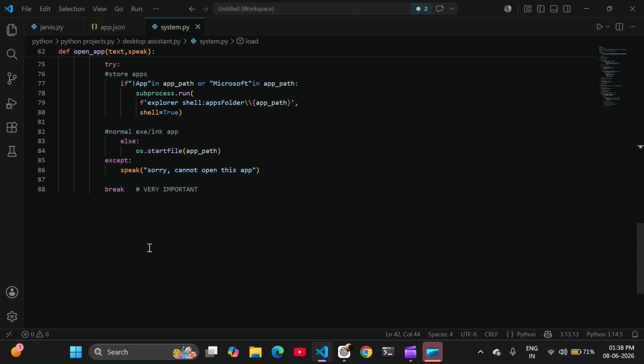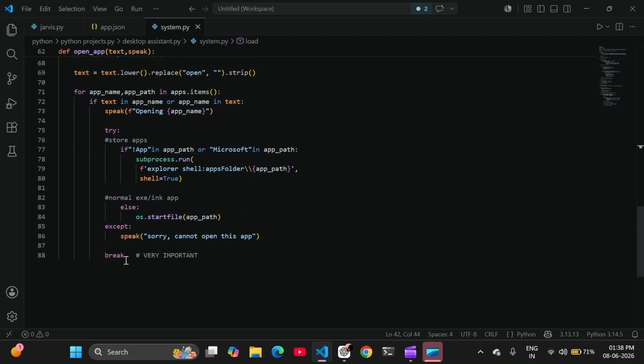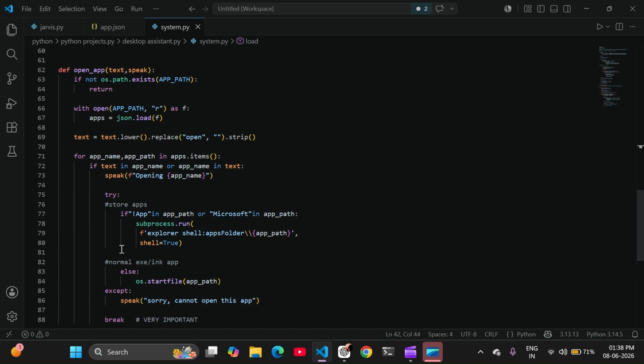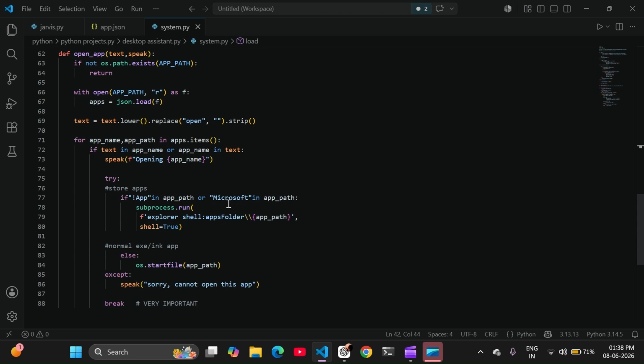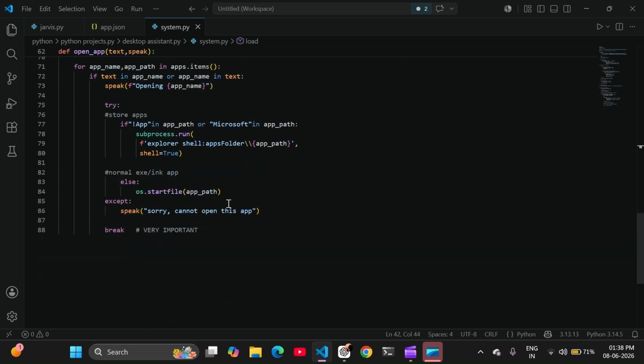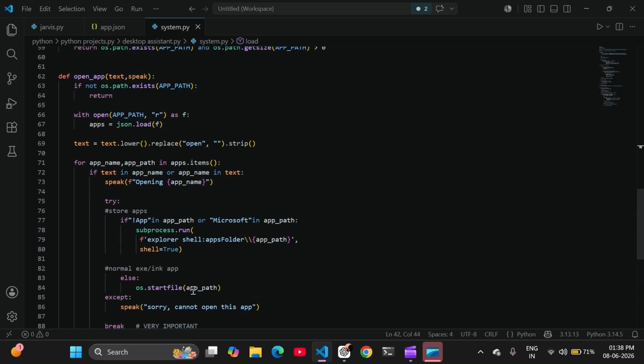So you guys remember that this is very important. Don't even try, okay? Because you are operating with the operating system, which is very dangerous. So have some security. Okay, hope you guys understood this section.